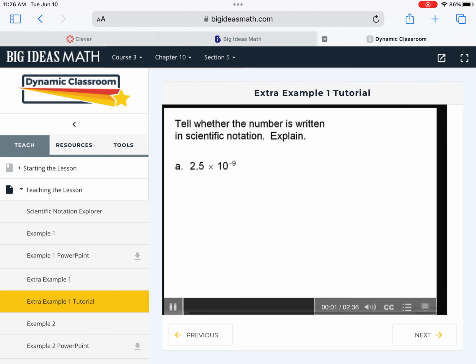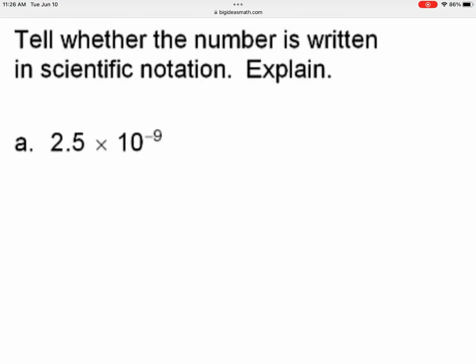Tell whether the number is written in scientific notation. Explain. Before we talk about this number here in Part A, let's look at a few examples of numbers that are written in scientific notation. For a number to be written in scientific notation, it should consist of a factor times